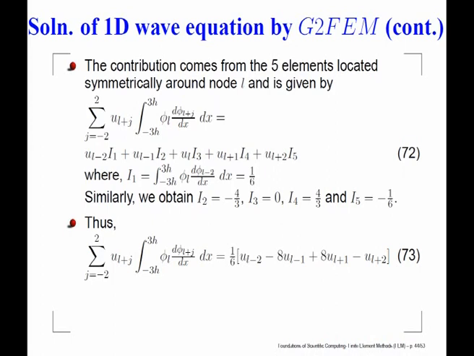And once you work out the expressions for those phi L or phi j's, then you can calculate the derivatives. Now the derivatives are no more constant like in the linear basis function, so it would need a little bit of calculation. Go through it, and then you will find that u L minus 2 will be multiplied by this integral I1. Evaluate that integral, and you will get 1/6. Then you will get contribution coming from u L minus 1. The multiplying integral works out to minus 4/3,